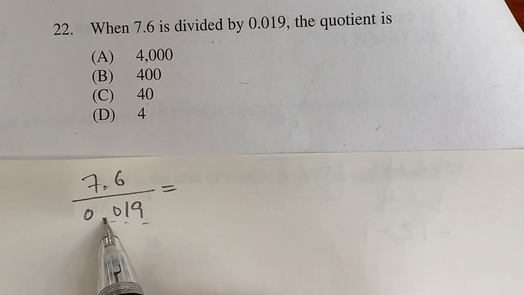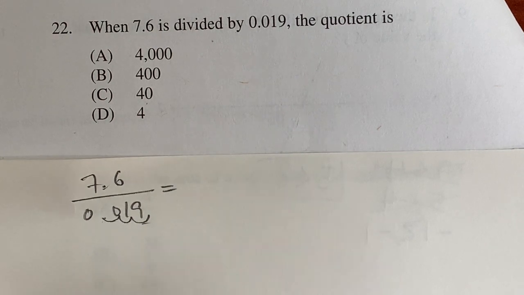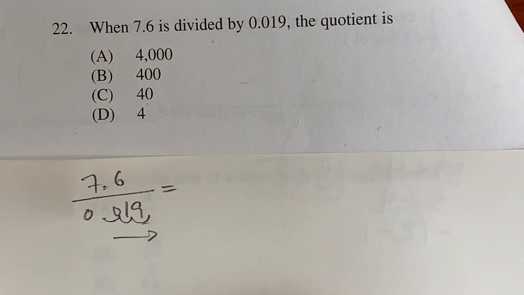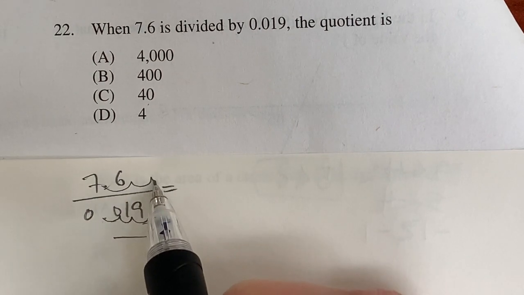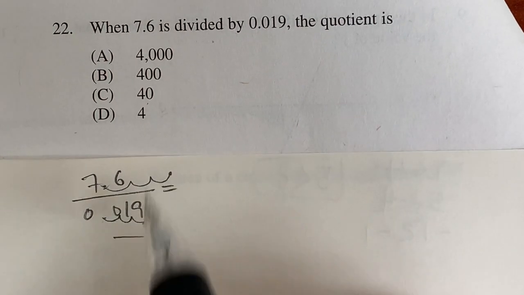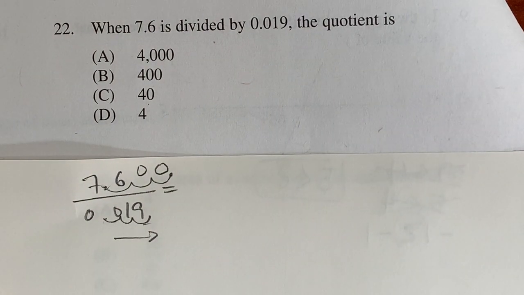So I'm going to move 1, 2, 3, 3 decimals to the right. And I'm going to do the same thing on the top. So 1, 2, 3. I'm gonna stop here. That means I have to fill up with the zeros. So I'm gonna have